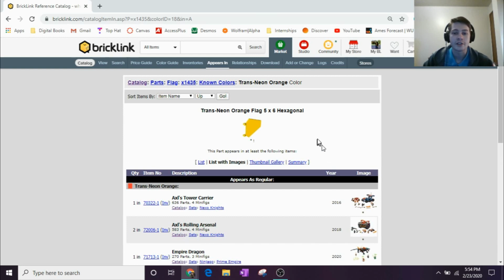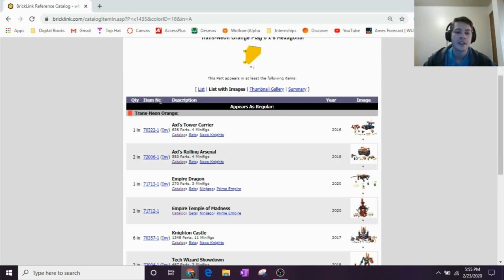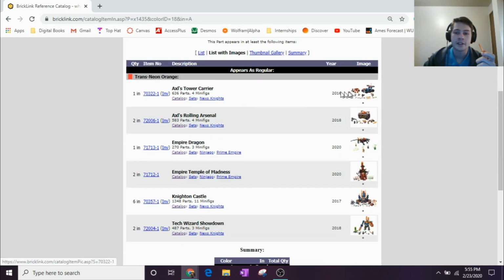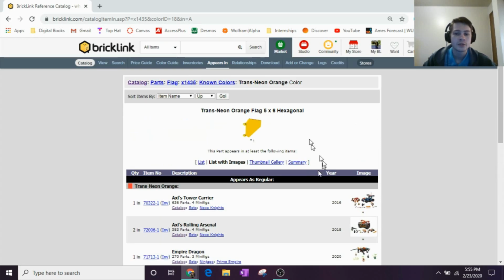That's going to bring you to another summary page. Usually it'll have the color that you want to see right here, but it looks like no one has uploaded a picture of this piece in clear orange yet, so they're just using the default. And then it shows you which sets have this piece and how many are in that set. I think these are all Nexo Knights, and the one that has the most is this Knight and Castle, which has 6, and then it gives you the set number right here, and it gives you the year the set was produced. So yeah, that's about it. Pretty simple. Let's jump back one